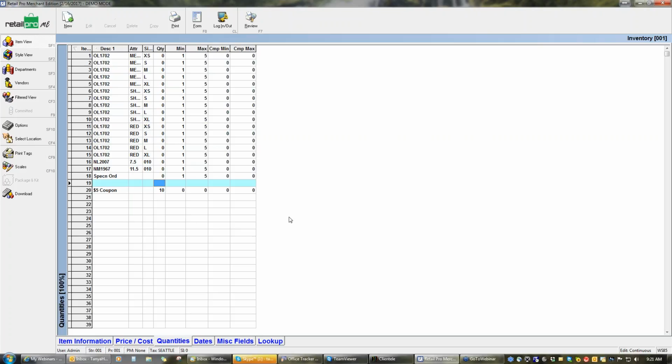Okay, so that is how you can manually set up a min and max, is to come to your quantities tab down on the bottom. By default, you should have the minimum column and the maximum column. Put yourself in a continuous edit mode, and that will allow you to go through and just type in the number you want, move on to the next field. Okay? Any questions about that process? I know I've gone through it quick and we had some problems, but